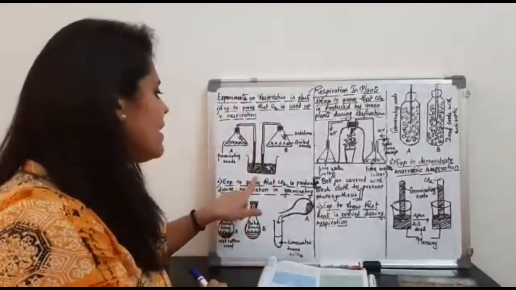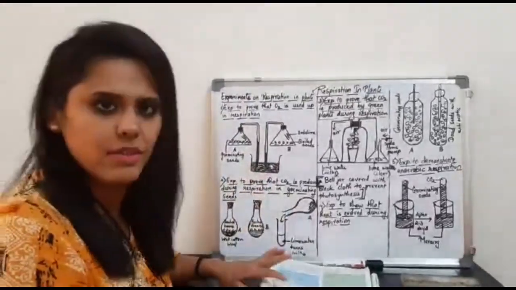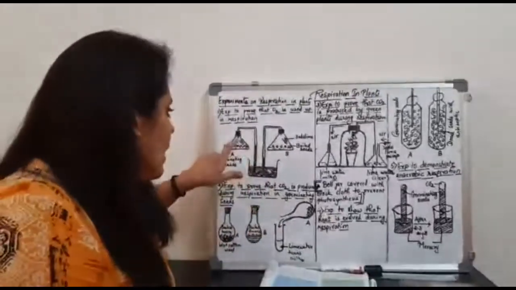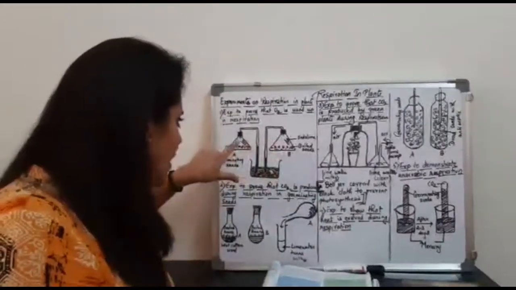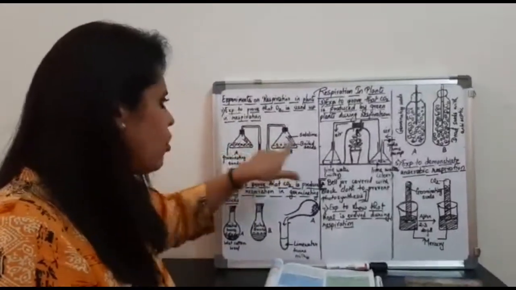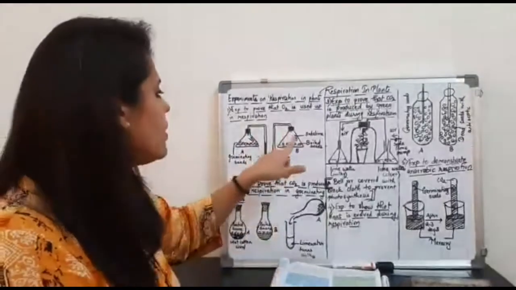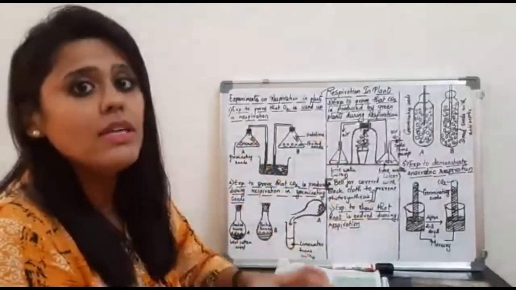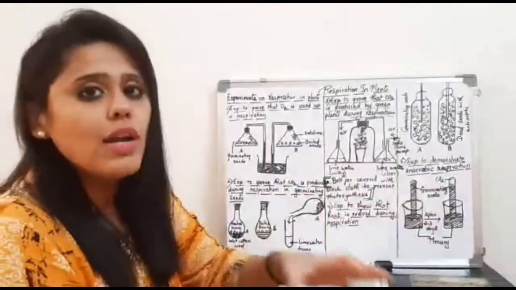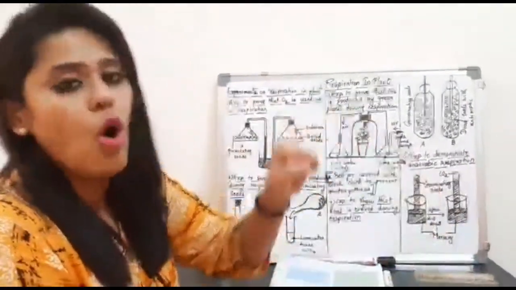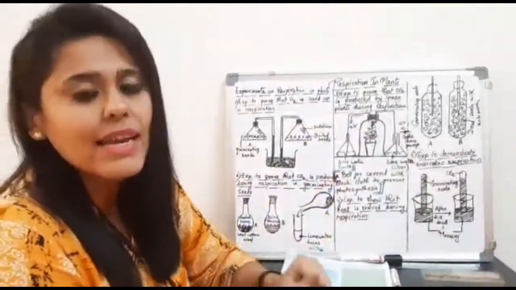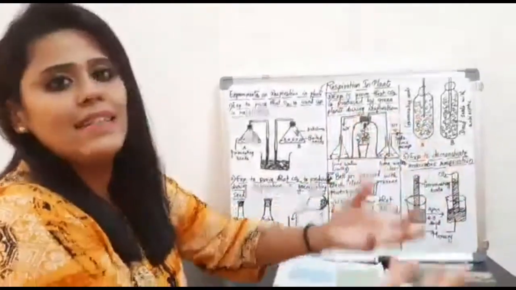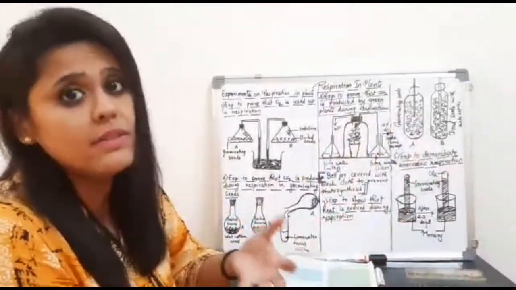Okay, now this beaker is having water filled in it, right? Now you can see a small test tube which is hanging in both the conical flask. Now what is this test tube containing? It is having soda lime. What is the role of soda lime? Soda lime is required to absorb all the carbon dioxide that is being released if the seeds undergo the process of respiration.